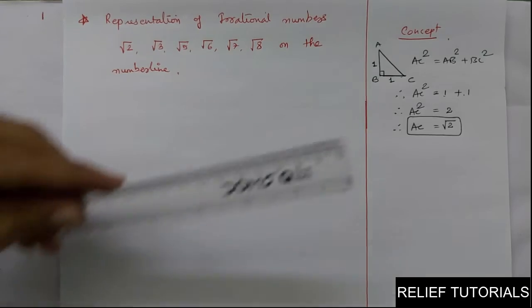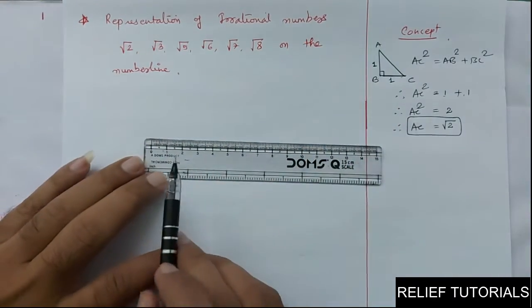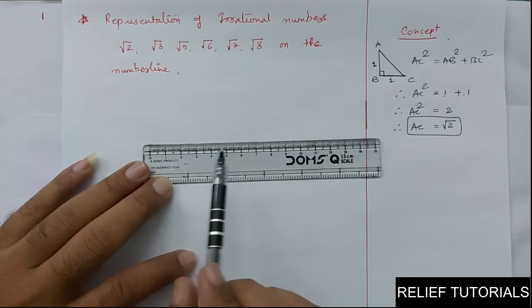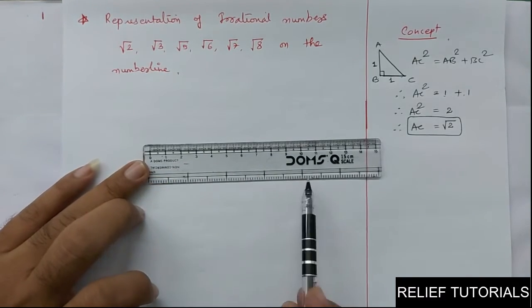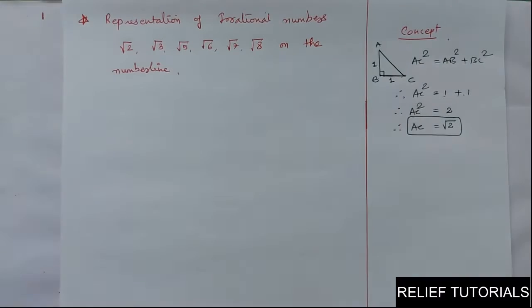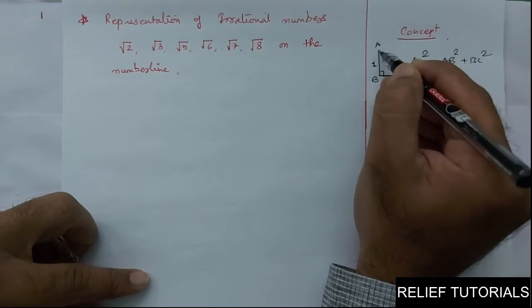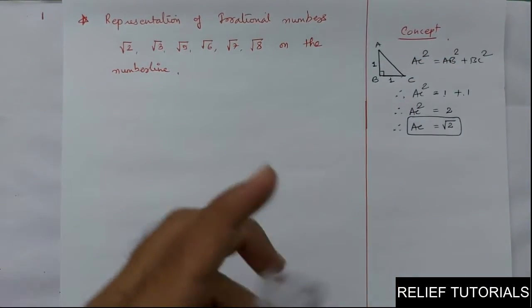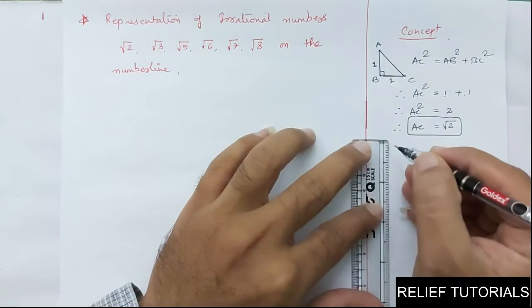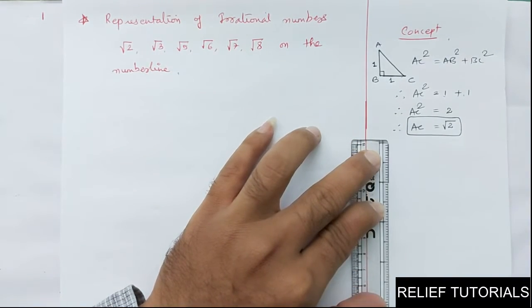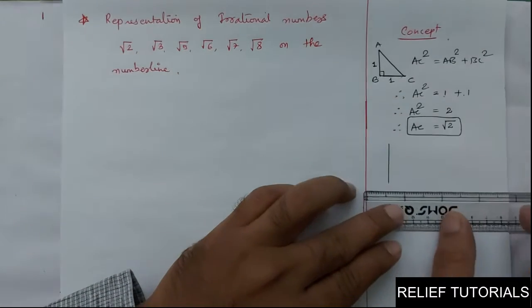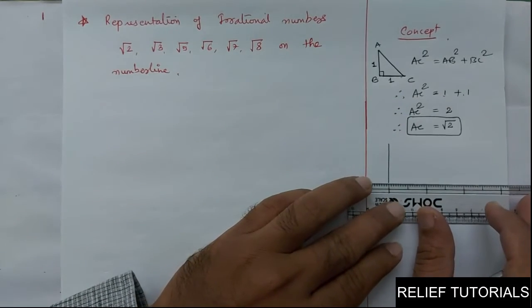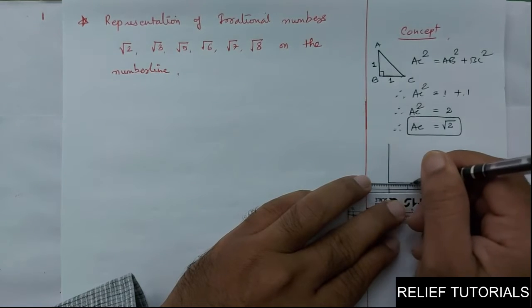If you look at your scale, you cannot find root 2 anywhere, not in centimeters, not in inches, even on a larger scale, you cannot find root 2 meters or anything like that. So how can you get root 2? For that, take the right angle triangle. If you draw a right angle triangle with one side 1 inch, I am taking inch for the larger perspective, and perfectly forming a right angle, this side is also 1 inch.